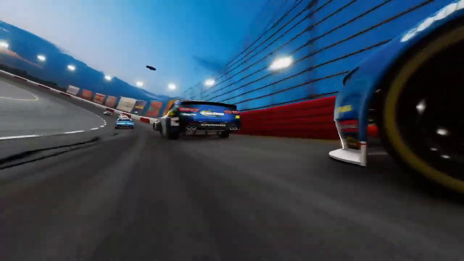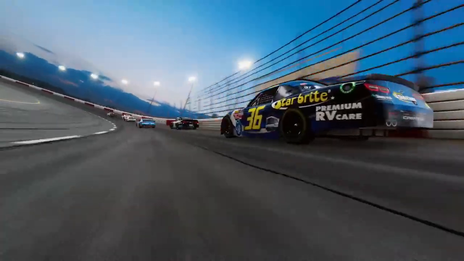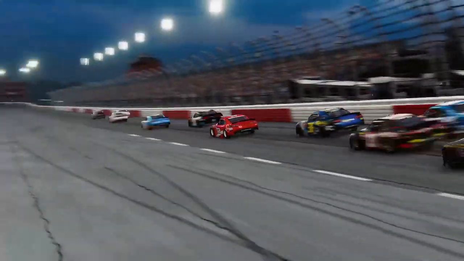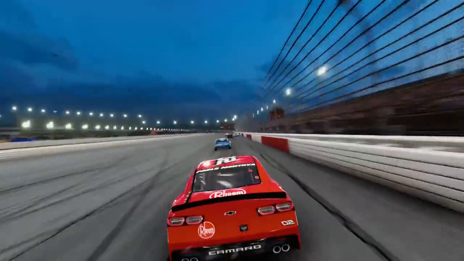as he got to the inside of the 11 of Justin Haley through turns 1 and 2. He would pass him. He would also pass the 36 of Joey Gase. I believe that is Joey Gase in the 36. Might be Josh Williams. I can't always remember my Xfinity drivers now,